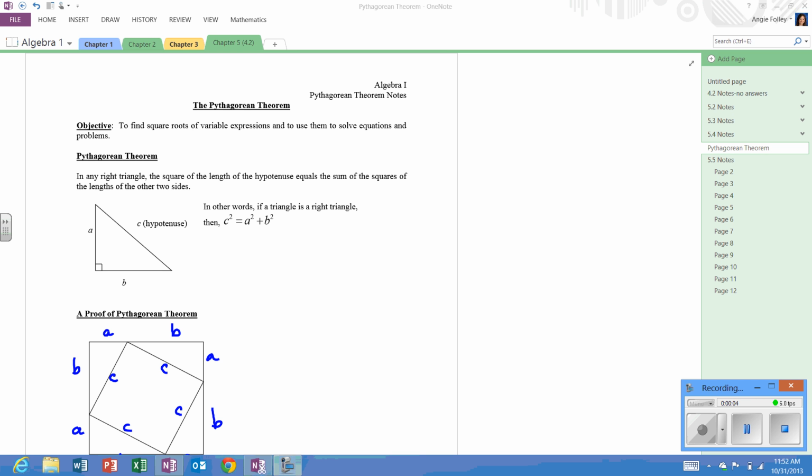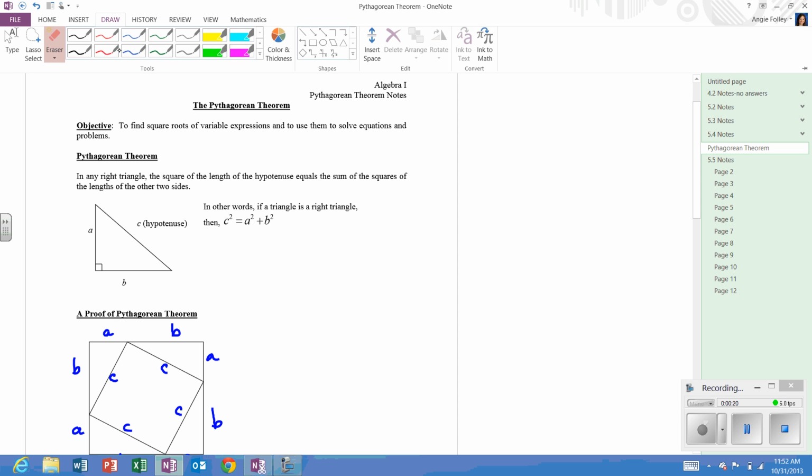Okay, so today we're going to do lesson 5.5 notes, but before we do that, I want to give you some background on the Pythagorean theorem. You guys have this sheet of notes that I gave you yesterday. The objective for this is to find the square roots of variable expressions and then to use them to solve